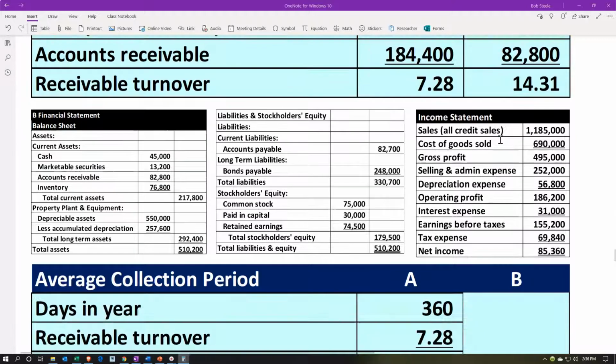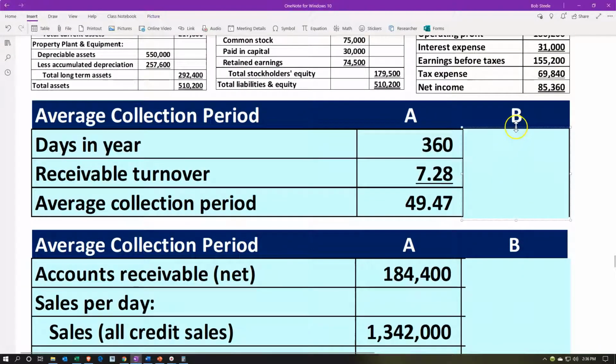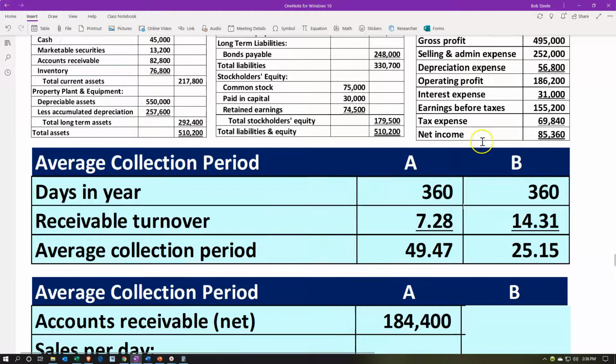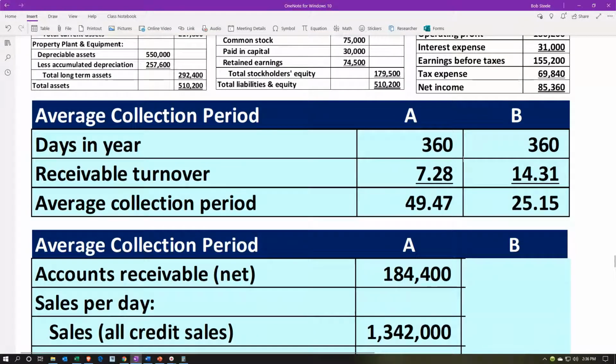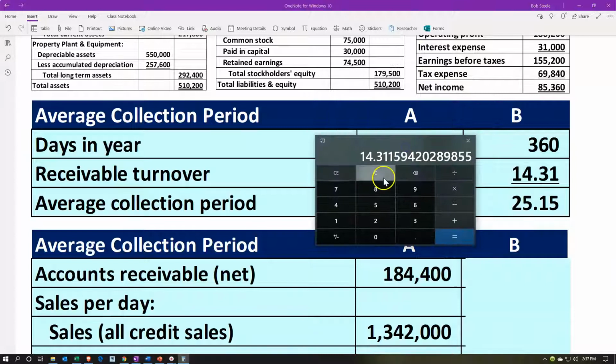But it's nice to break it out to the days outstanding, which one way you can do that is you can take the days in a year, which may be 365, or you might try to standardize the months, which would be 12 times 30, approximating 30 days in every month, which would be 360. Dividing that by the 14.31 we calculated up top for the receivable turnover, and that would give you the days approximately outstanding. 360 divided by 14.31, about